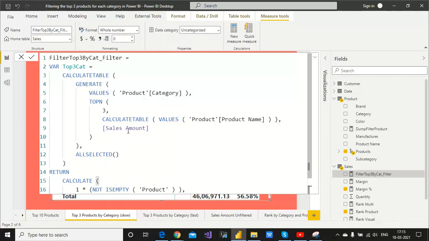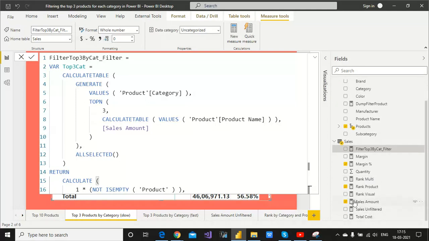Sales amount is a measure. We created the sales amount, the sum of, means SUMX. I can show you in a second.